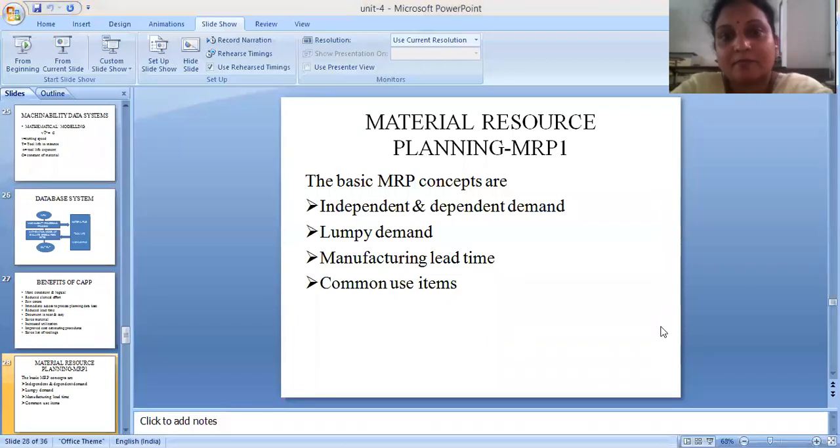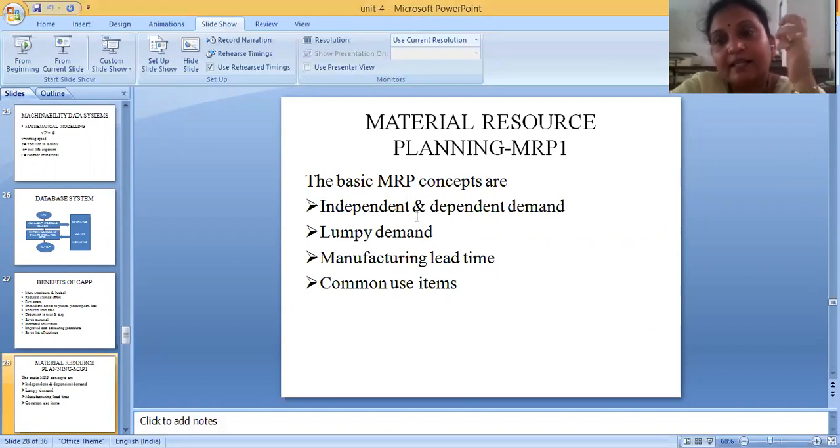See, material resource planning is where we speak about the availability of the materials. So here we take a few things into consideration while deciding the materials that we require. We take the present inventory, meaning the stock with us, into consideration. And next, what is the present project, what is the future project, what is the time required to finish this project. So depending upon the present and future prediction, the inventory which we have, and the demand of the product, we will decide the requirement of raw material.